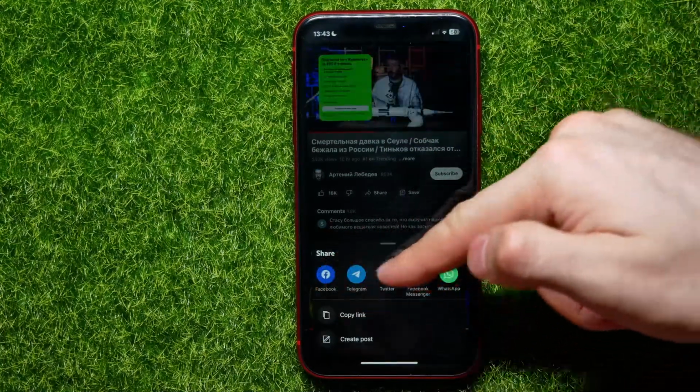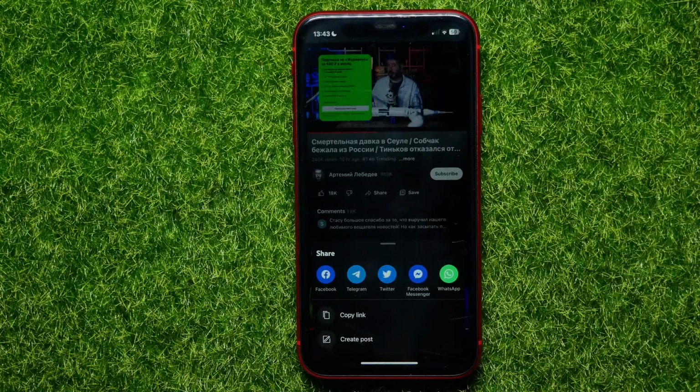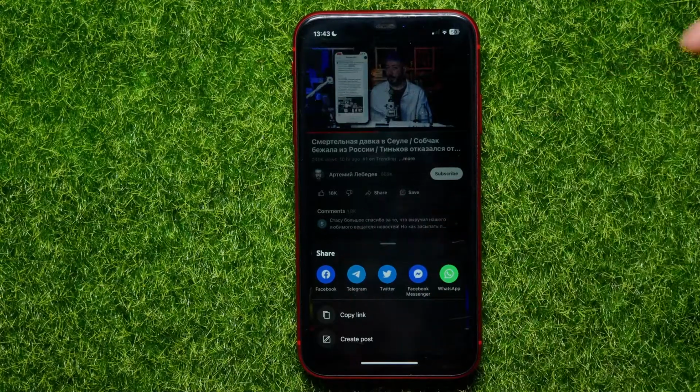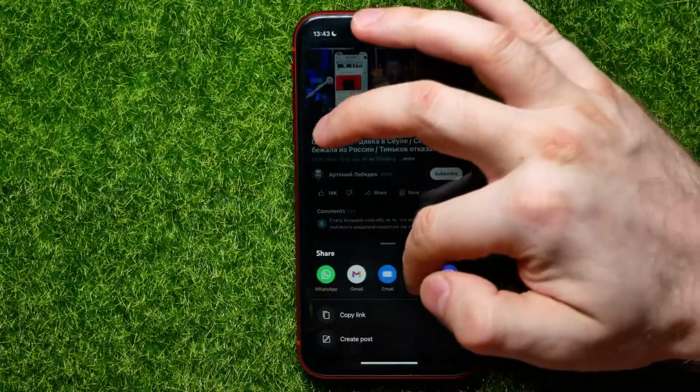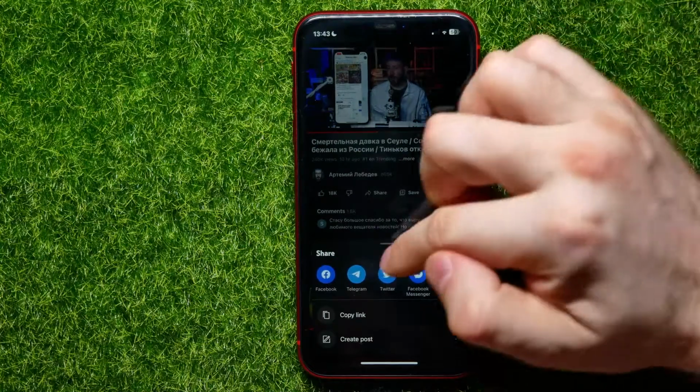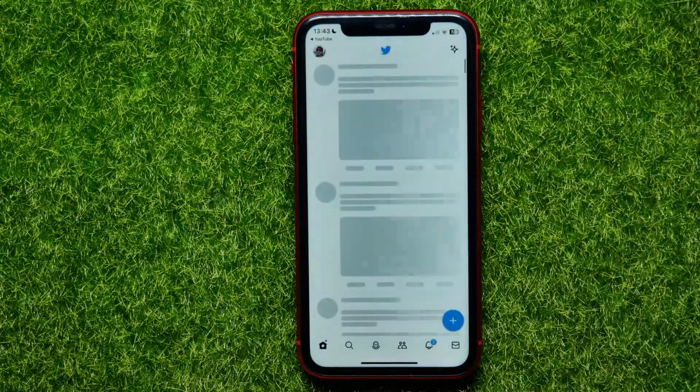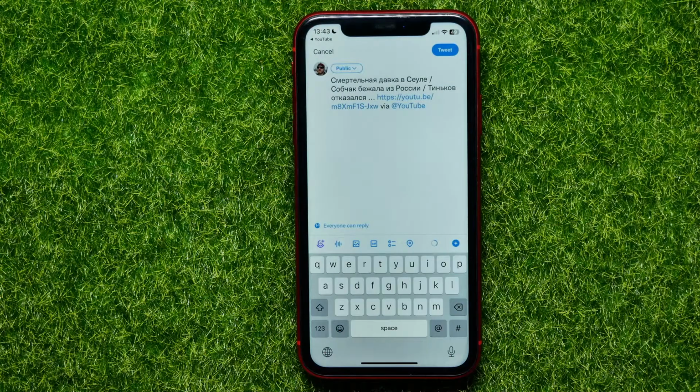Among these icons you can easily find Twitter. I can see it right here. If you don't see it here, you may drag this toolbar to the left until you find the Twitter icon. Then you'll just need to tap on that to open up the Twitter app, and it moves you to the tweet editor